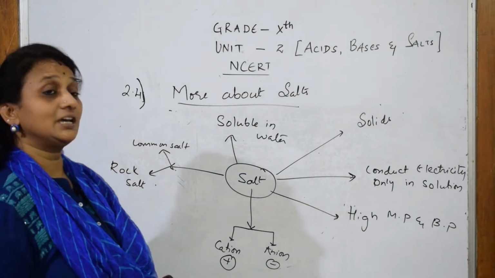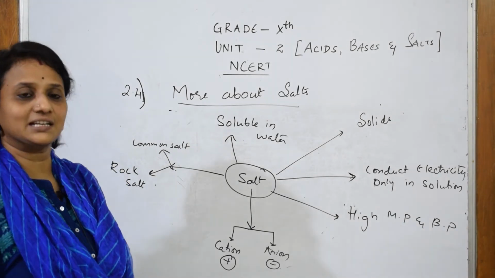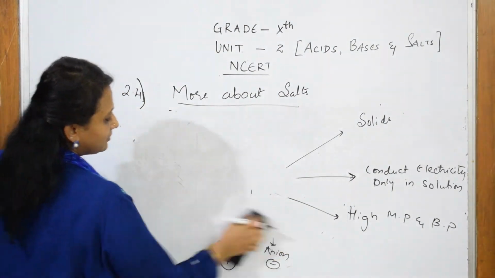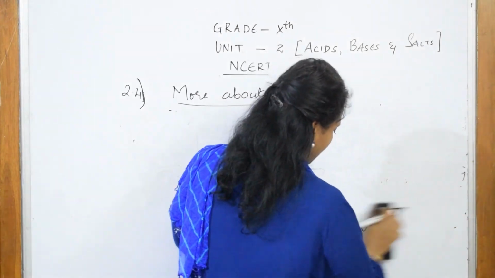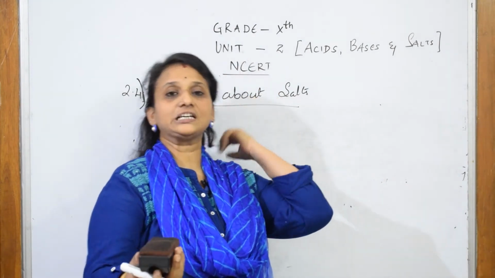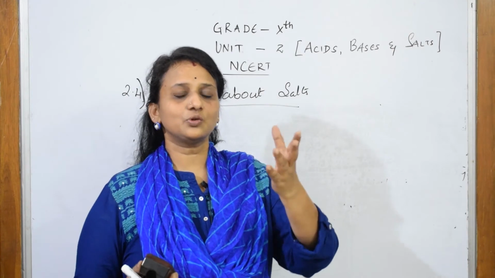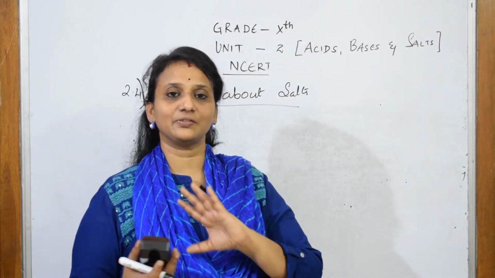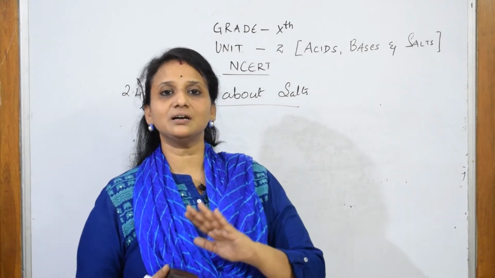Now we are going to see the next concept, that is family of salts. What actually is family of salts? Let's see. When the word says family of salts, it's nothing difficult, isn't it? Just see, in your family there are certain families where they have twins. Or if you take your family, brother, sister, elder brother, younger brother, because you come from the same mother, you get the genes of both your mother and father. So family of salts means in that way, whichever is similar we categorize.